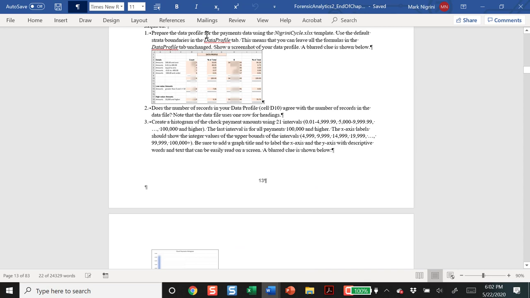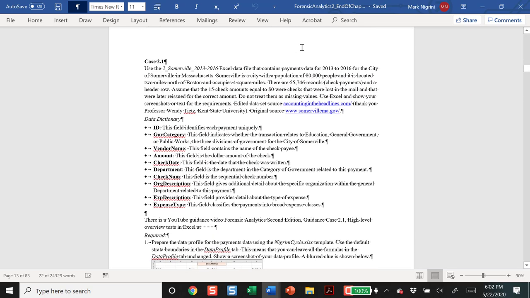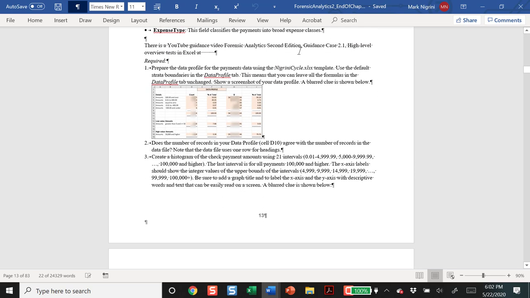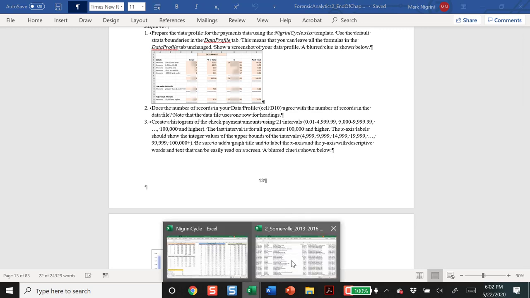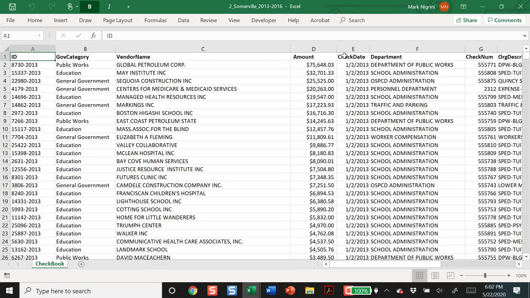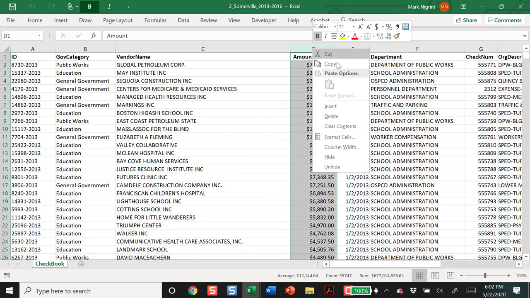Number 1, prepare the data profile for the payments data. And the payments data, I'm talking about the City of Somerville data. And so I have my files open already. Here it is, City of Somerville. The amount field is the one that I want to analyze. Right-click, copy